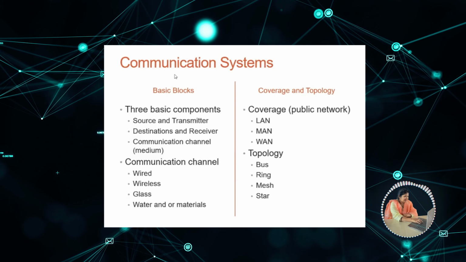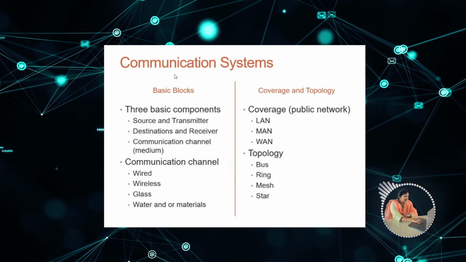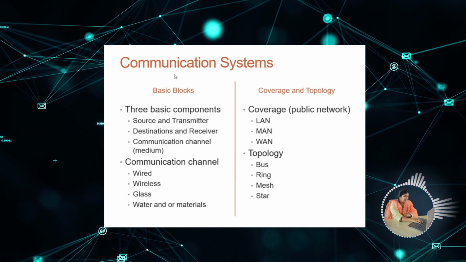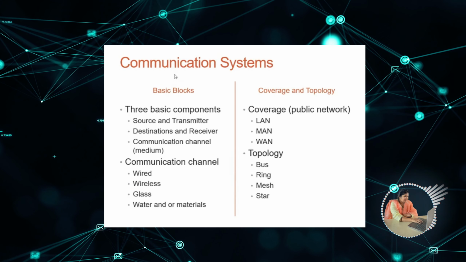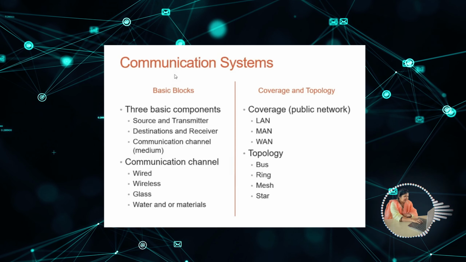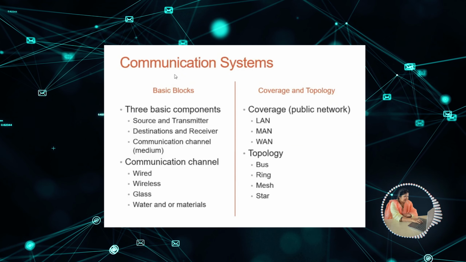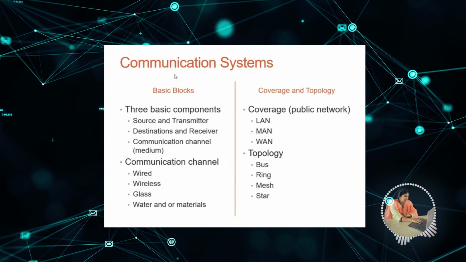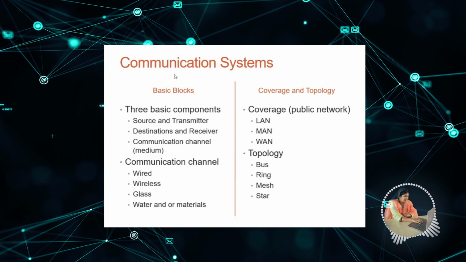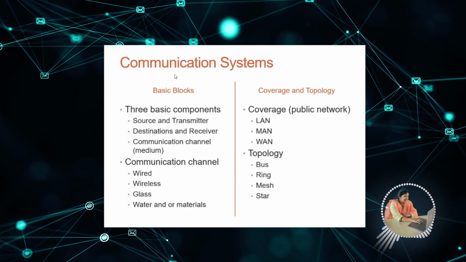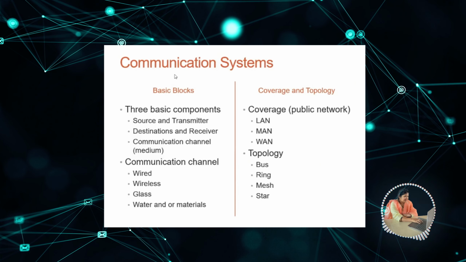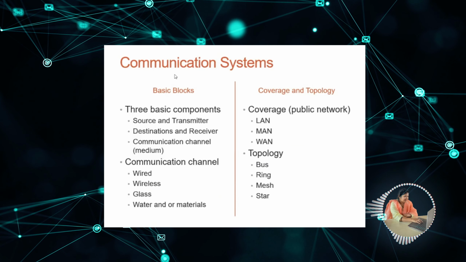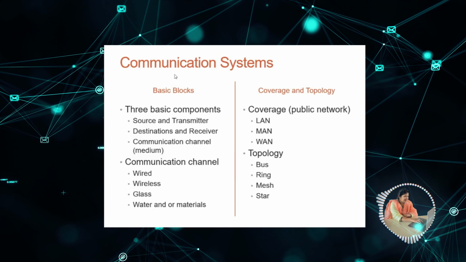If you want to transmit voice in glass, wire, wireless, water, or other materials, each is going to transmit your signal over a particular distance with different attenuation. Maybe wired signal has less attenuation, wireless signal has the highest attenuation because of fading, multipath fading or obstacles. Glass has somewhat similar attenuation, and so do water and other materials.